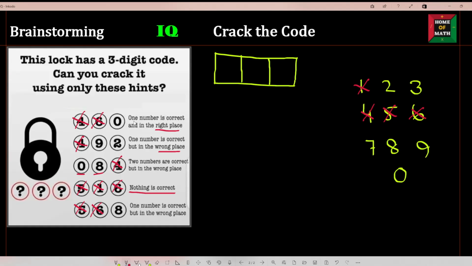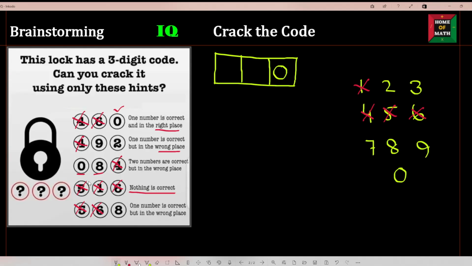Now look, first hint, 1 number is correct and in the right place, so 0 is our first clue. So for the right place we can take position 0. Okay, now look,